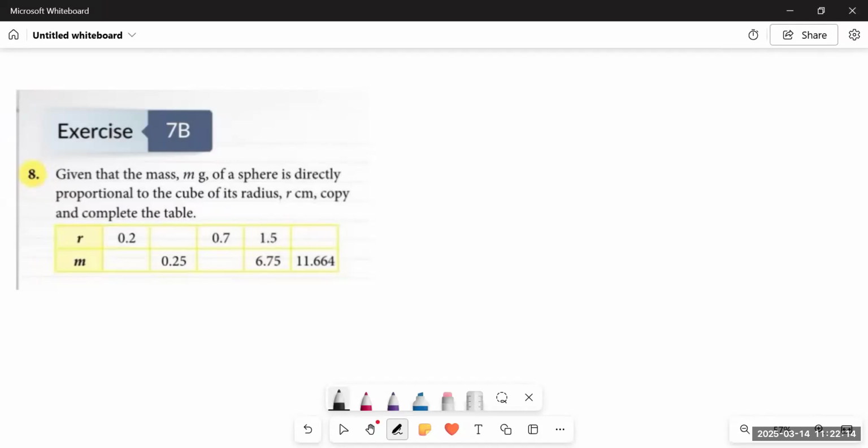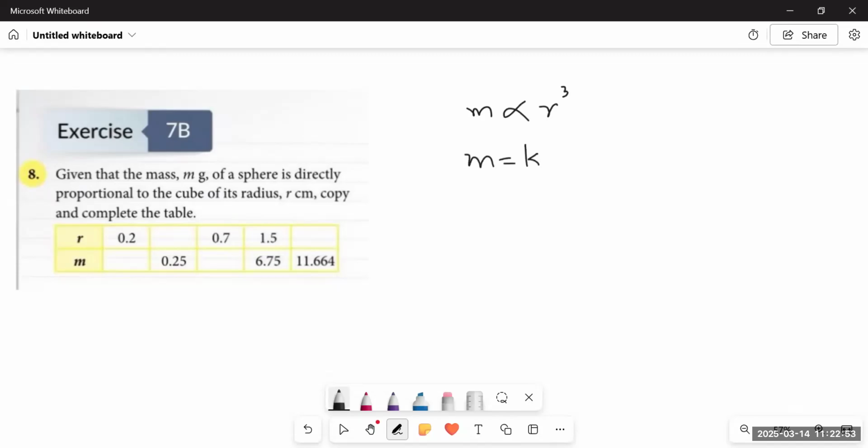So starting from the question, it says, given that the mass m grams of a sphere is directly proportional to the cube of its radius r centimeters, copy and complete the table. Let us first understand what is given in the question. It says, given that the mass in grams of a sphere is directly proportional to the cube of its radius r. So we can say that it is m directly proportional to r cube,